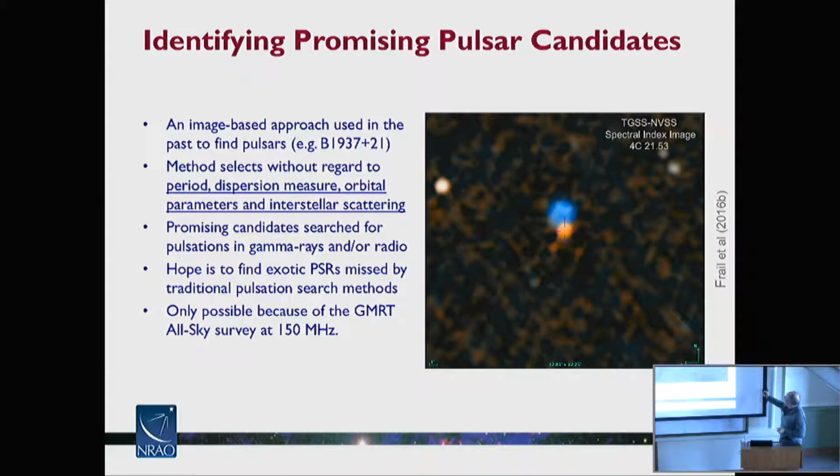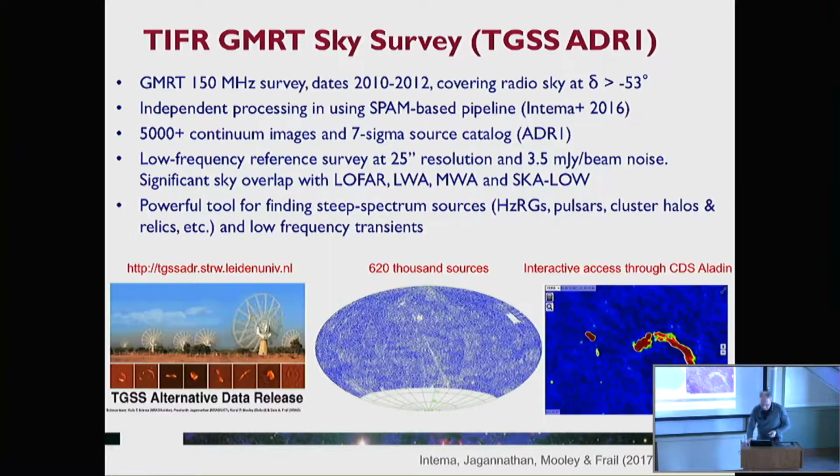And this is a picture from a survey that I'm about to talk about where that's the original millisecond pulsar. It just stood out like a sore thumb against the H2 region that it was next to. So my hope, using this technique, is not to try to compete with the traditional searches. They're already very efficient. My hope is, and the word fracking is appropriate here, to increase the yield of pulsar searches by using a slightly orthogonal technique. And this has all been possible because of a survey that I worked on with a couple of grad students, postdocs I should say.